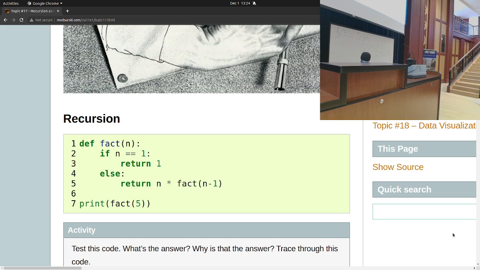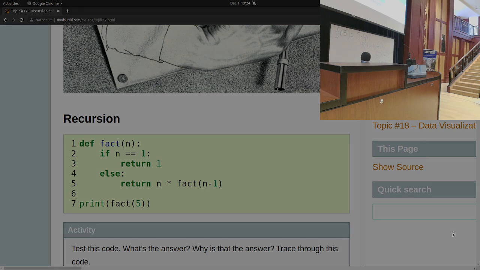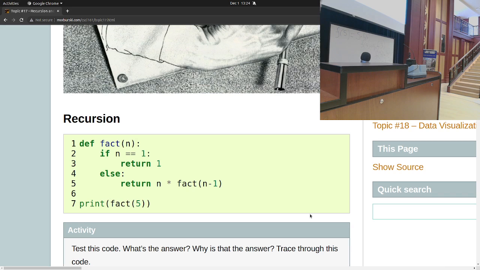But here we actually have a special case. N equals 1. What's the answer to fact 1? 1. There's no mystery there. If I put in 1 for n, the result's 1. Great. So if f of 1 is 1, I can now answer what f of 2 is. Because f of 2 is just